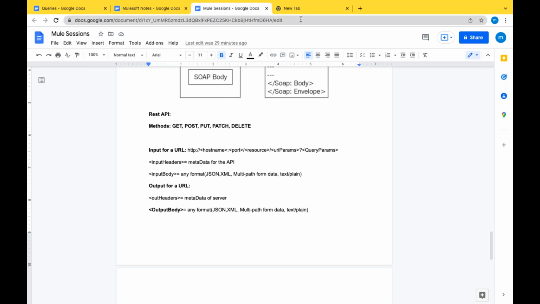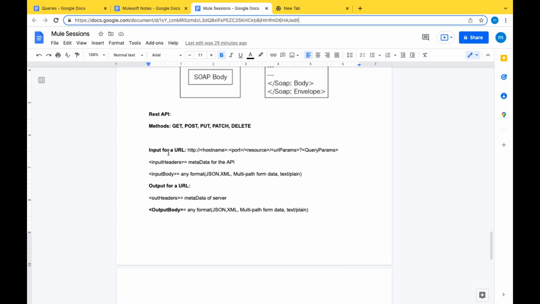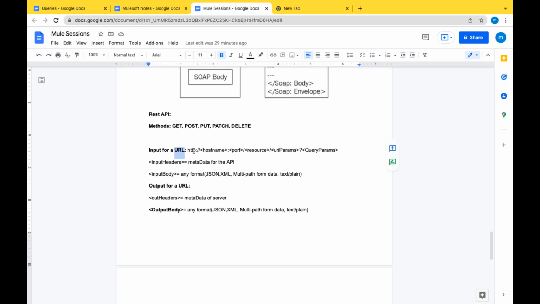So how will an API look like? When you see a URL, you get the protocol, then the host name, then the port, then the resource. If you have any URI parameters, these are the URI parameters, and if you have any query parameters, these are the query parameters.